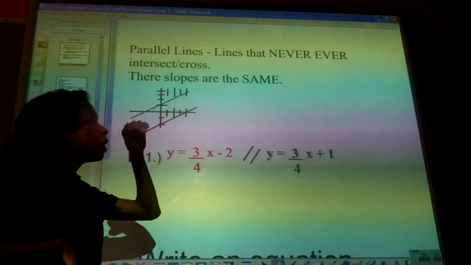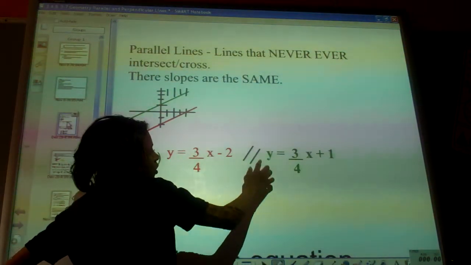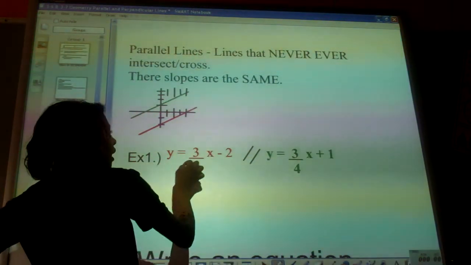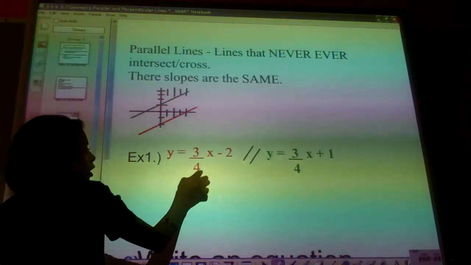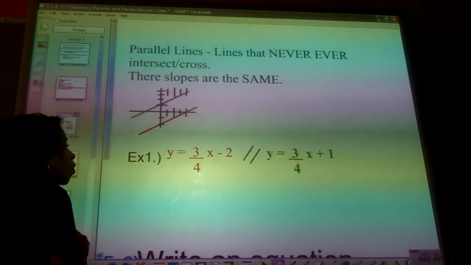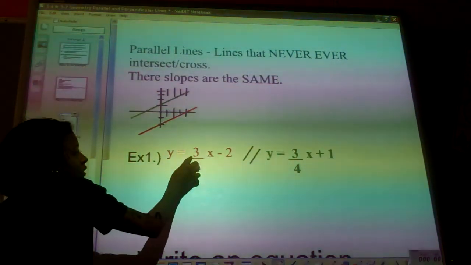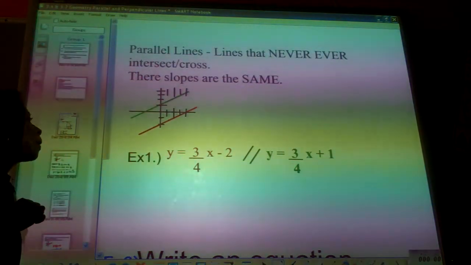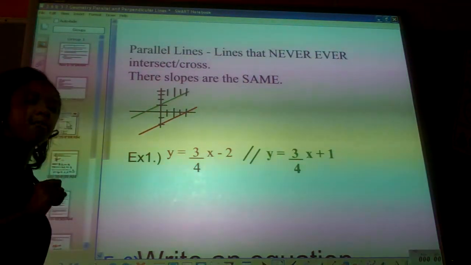For example, I have two equations. Example 1, y equals 3/4 x minus 2, and then I also have y equals 3/4 x plus 1. Both of these lines are parallel because m, or the slope, in other words, are congruent. The rise over the run is 3/4, rise 3, run 4. Okay? Therefore, whenever my slopes are the same, it doesn't matter that my b's are different. As long as my m's are the same, I will have parallel lines that will never, ever